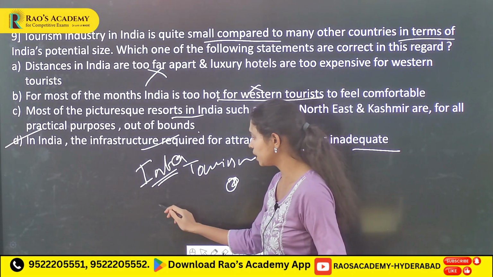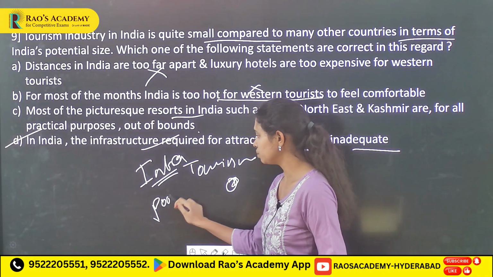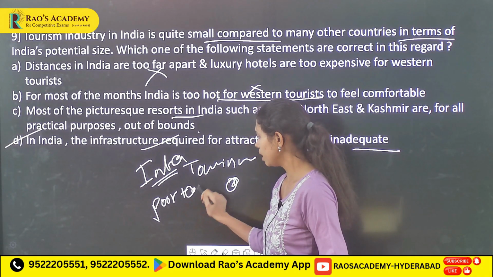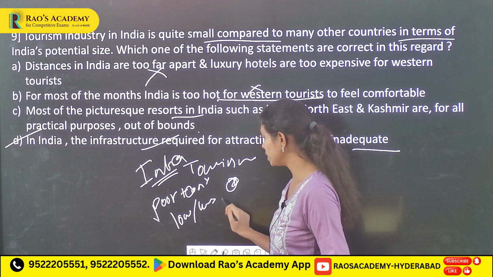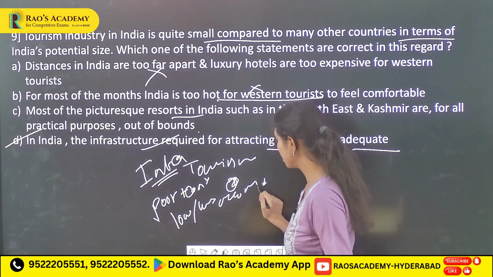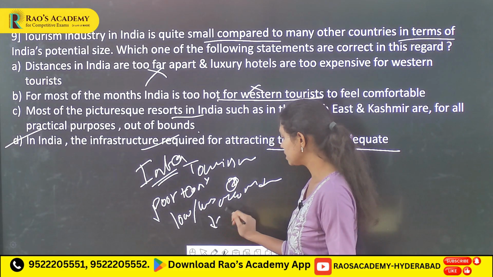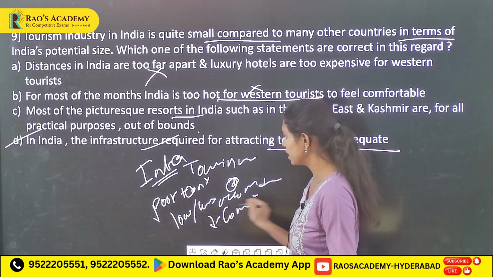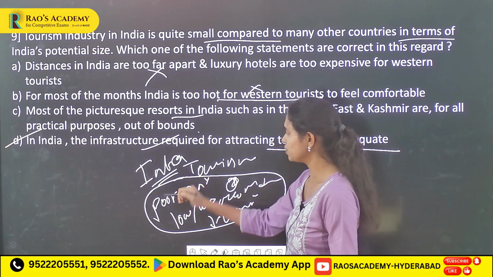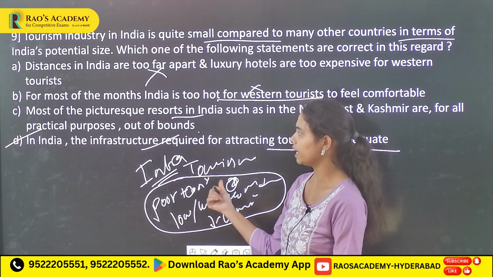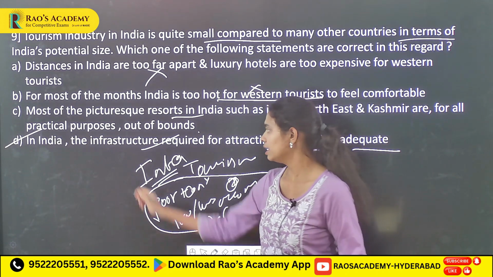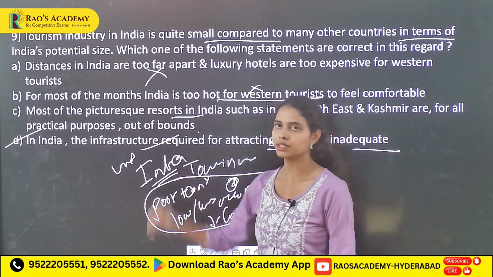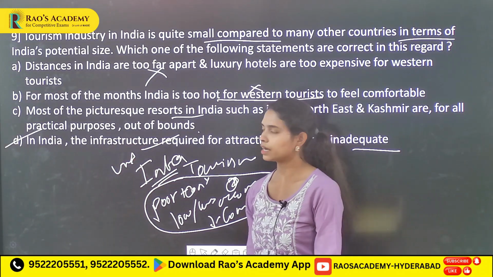It is mainly because of a poor connectivity network and also because of poor or fewer accommodation services and also very few communication services in these areas, especially in the tourism areas. So, because of lagging behind in tourism infrastructure, we see the underdevelopment of the tourism sector in India. So, option D is the correct statement.